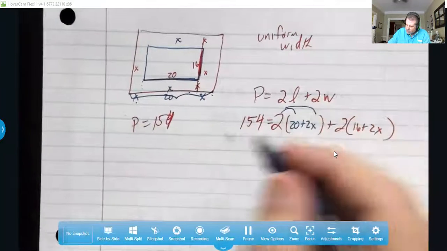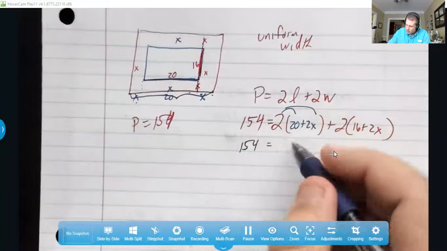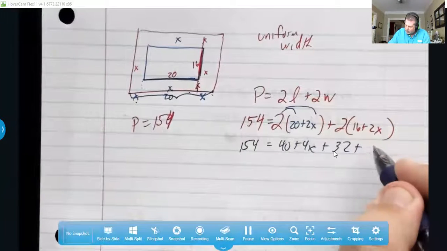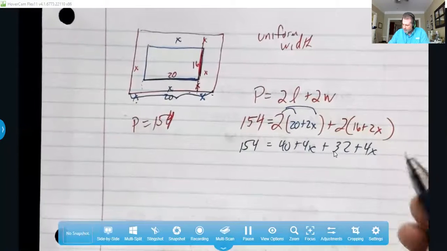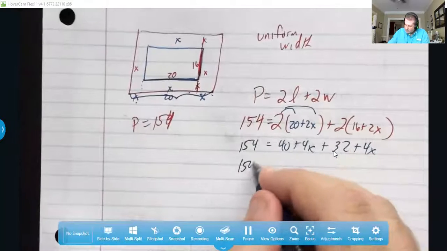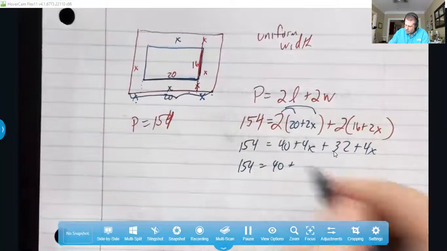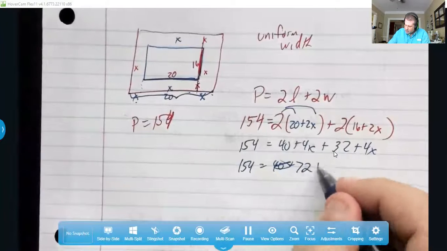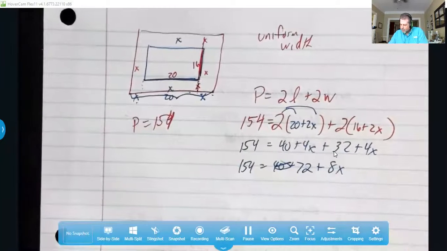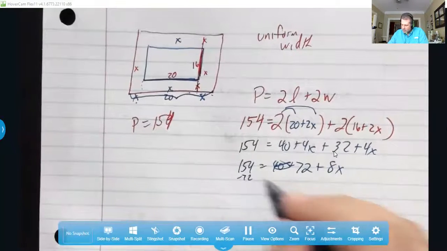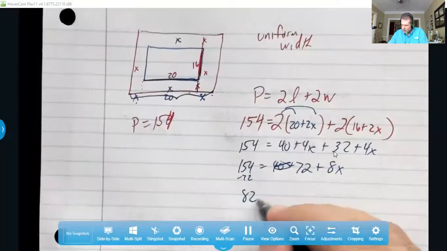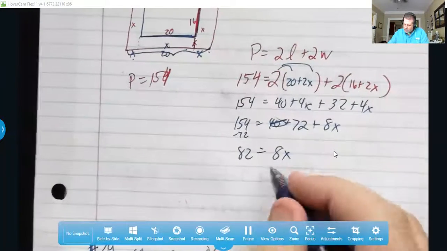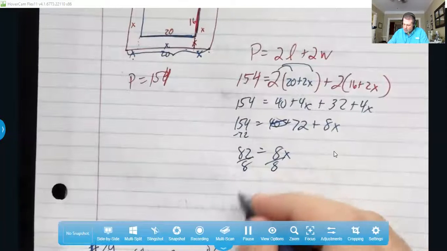It means I've got to distribute. 40 plus 4x plus 32 plus 4x. Combine like terms. Let's go ahead and combine those. That's 72 plus 8x. We're going to subtract the 72, which is going to give me 82 is equal to 8x, which divided by 8 is going to be,